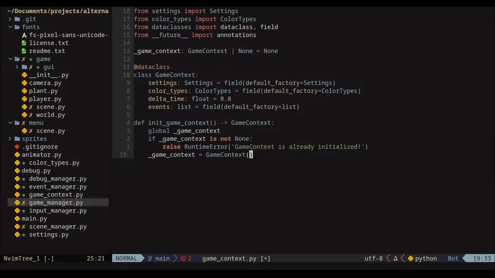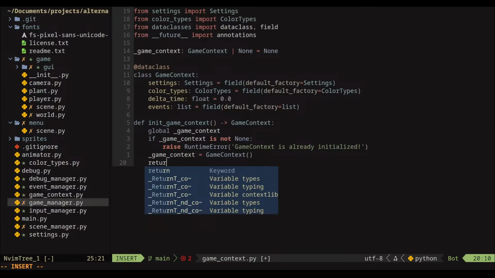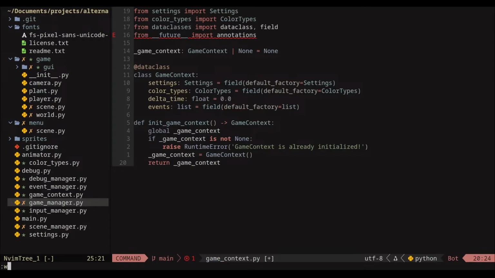Okay, and then game context equals to game context if this is not the case. Okay, and then we are going to return the game context. Okay,